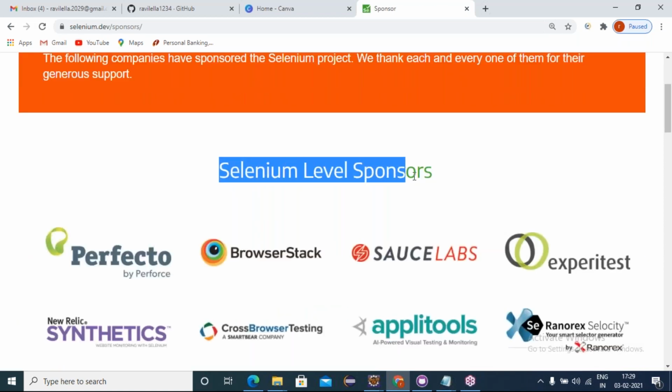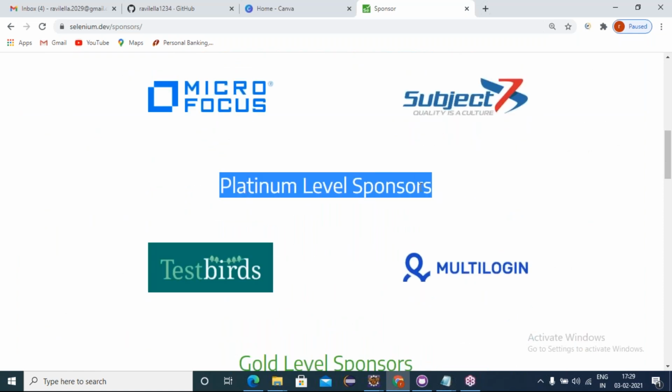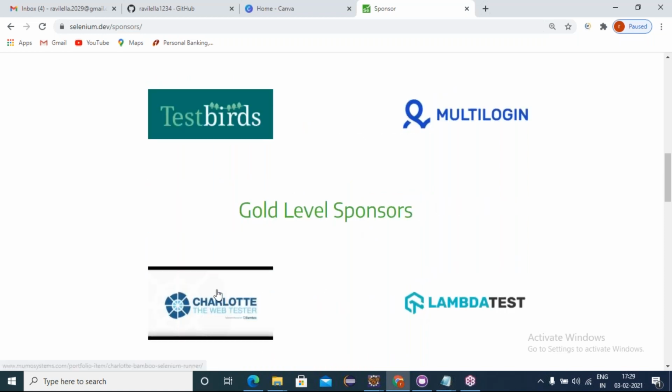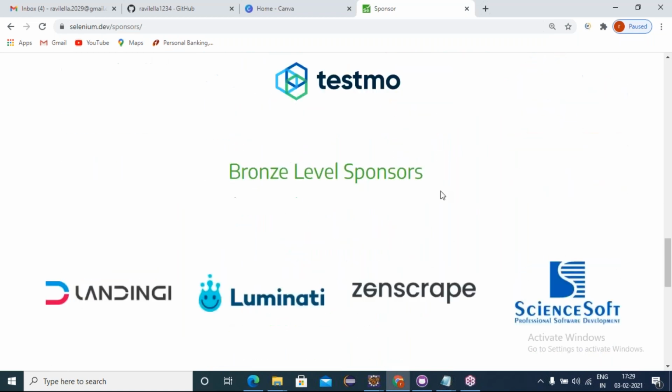We can see the platinum level sponsors, just like how we have credit cards like platinum cards and gold cards, then gold level sponsors and silver level sponsors. Sauce Labs is there, JetBrains is there, GitHub is there.